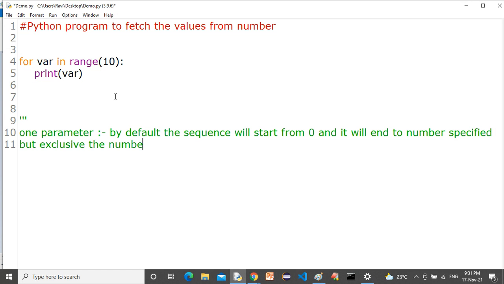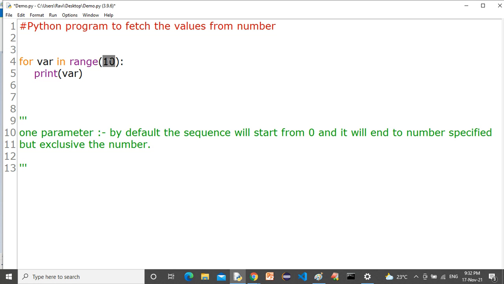Exclusive the number means what? If we're taking one parameter, by default the sequence will start from zero, and it will end at the number specified but exclusive the number.